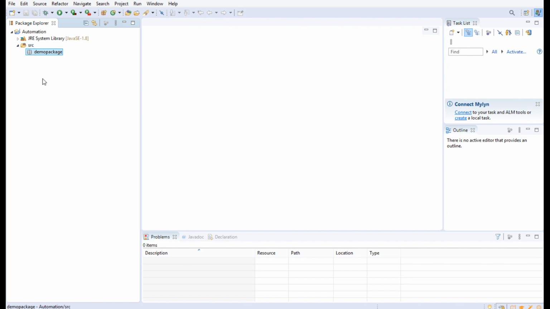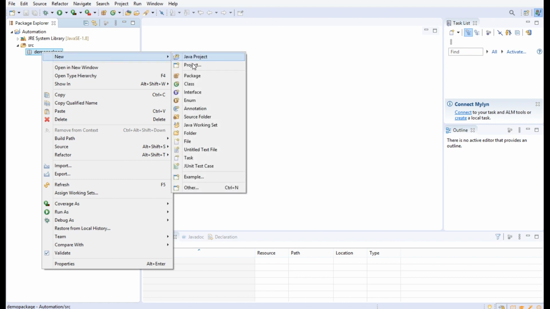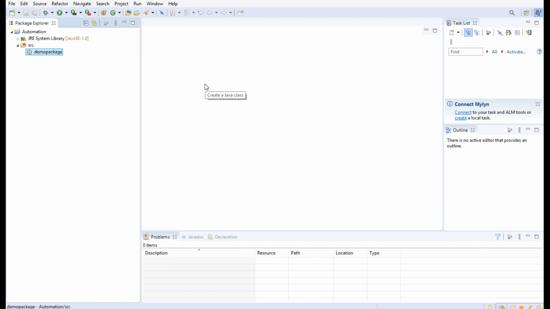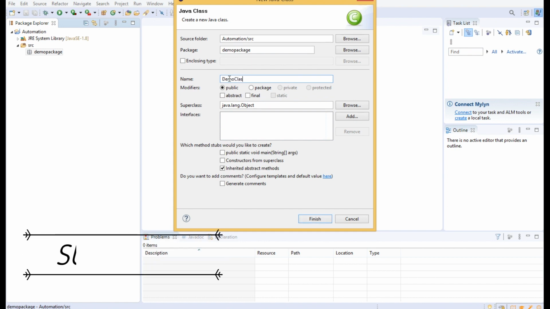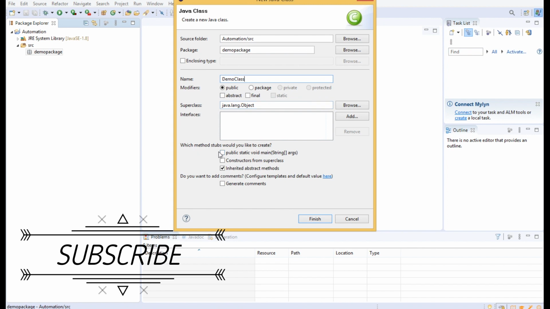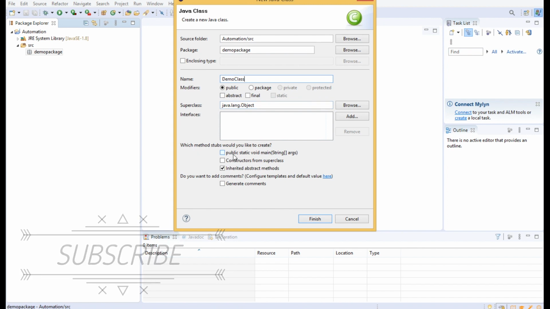Now we have to create a class for writing our code. For class we right click on the package and New, then Class. Here it is asking for the class name. We will give the class name as demo class, and we will check this checkbox for public static void main.